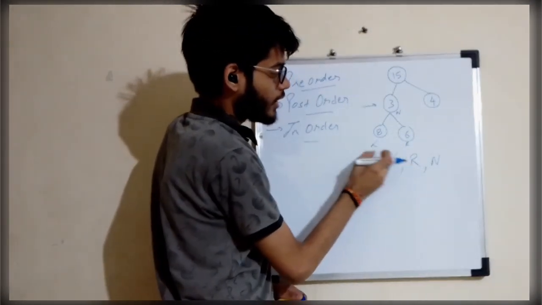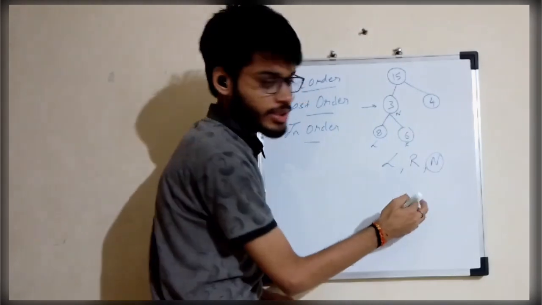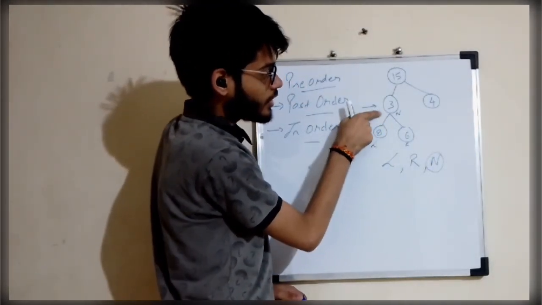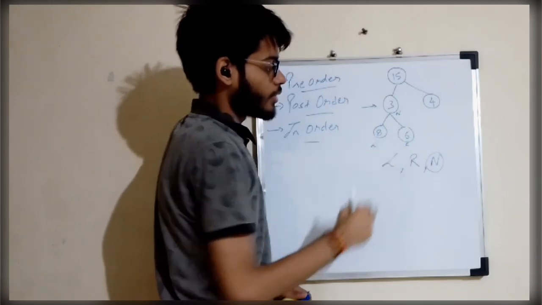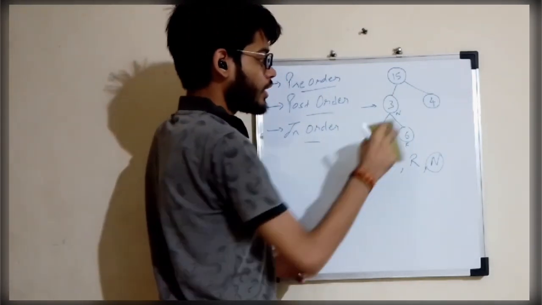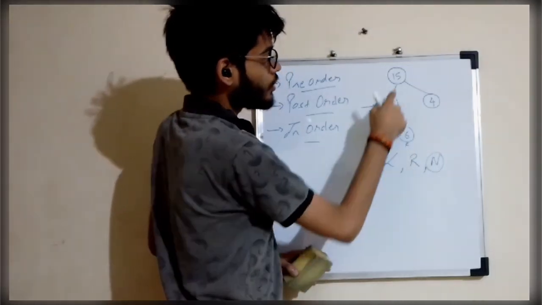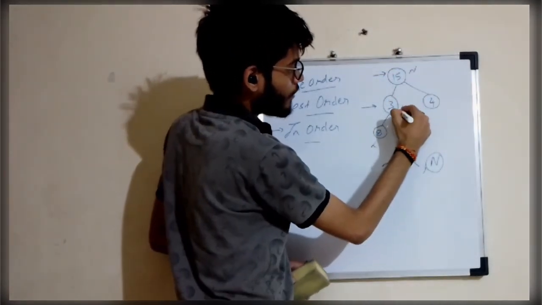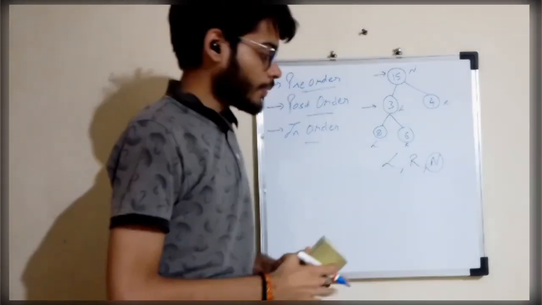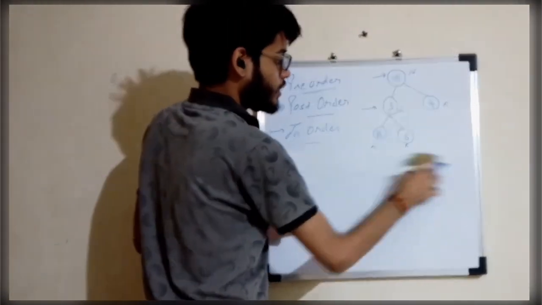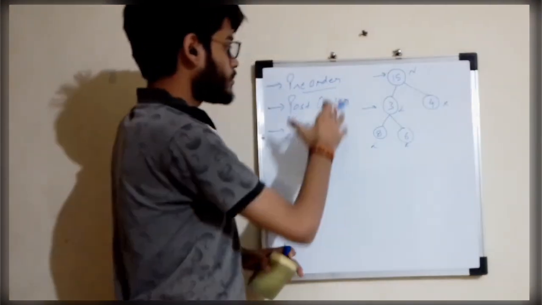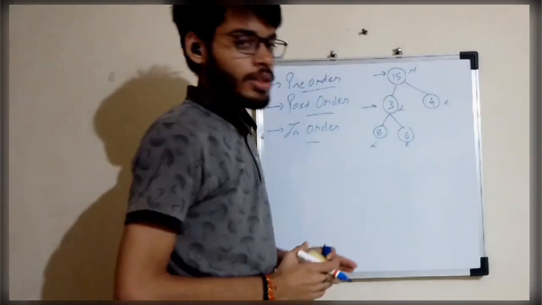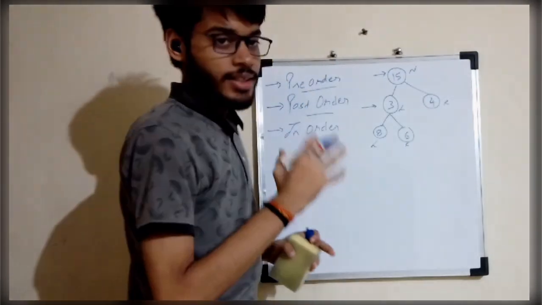We are having left and right with context of a node. So first of all, mark what the node is. The node is 3. Then what is the left? 8. What is the right? 6. The same you can do for 15. If 15 is your node, then 3 is your left and 4 is your right. These techniques are defined in context of the node.